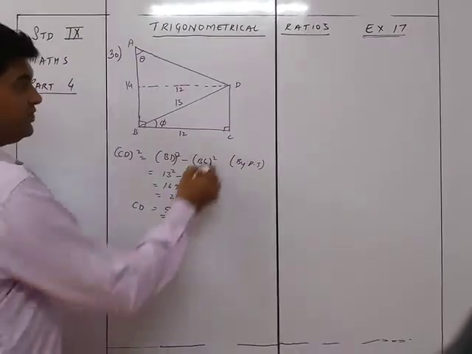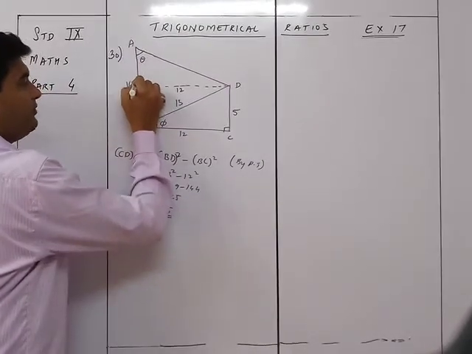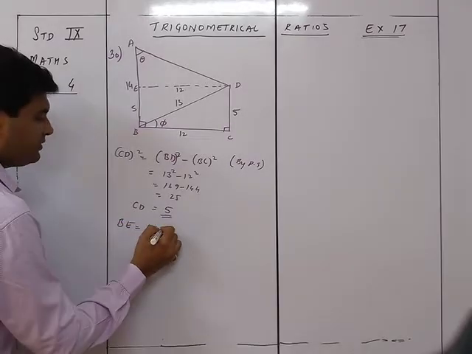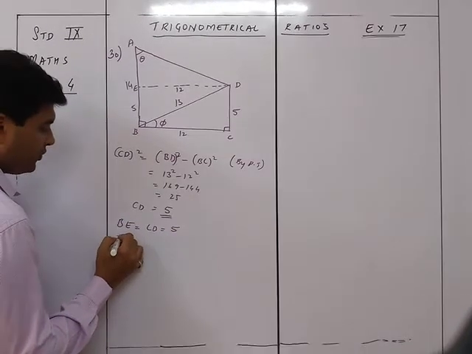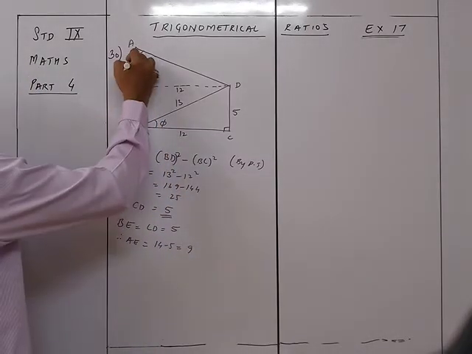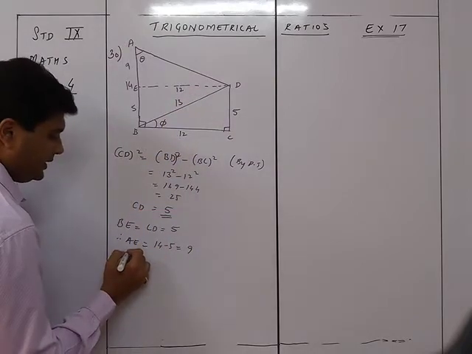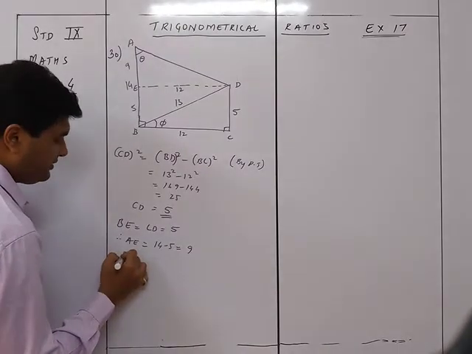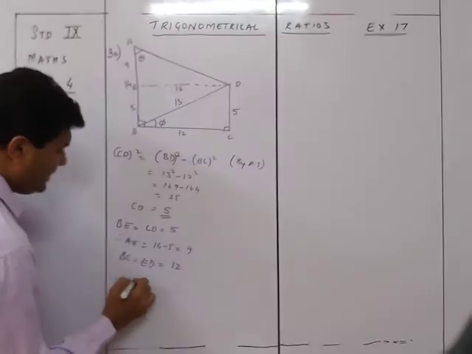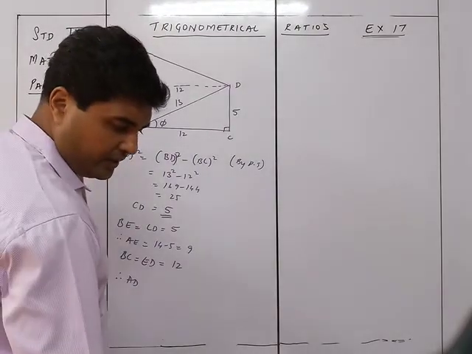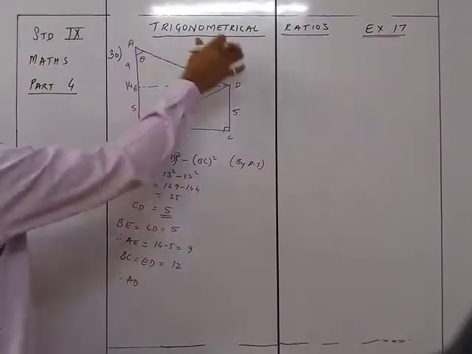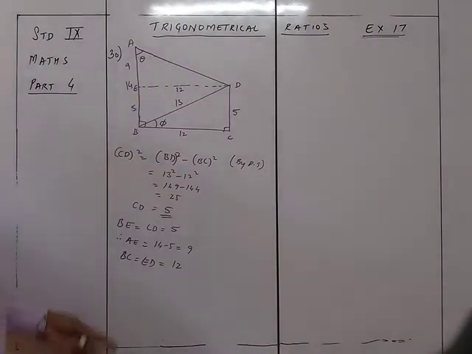Okay. So CD is 5. If I take E over here, therefore BE is equal to CD, which is 5. Therefore AE is equal to 14 minus 5, which is 9. So this part is 9. And we already know that ED, which equals AB, is 12. Therefore AD, we need AD. Sin phi and tan theta don't need AD, so we don't need AD. Okay, so now it's done.